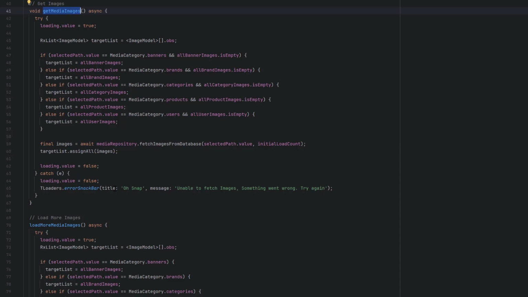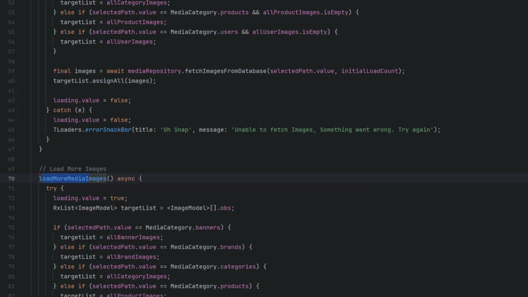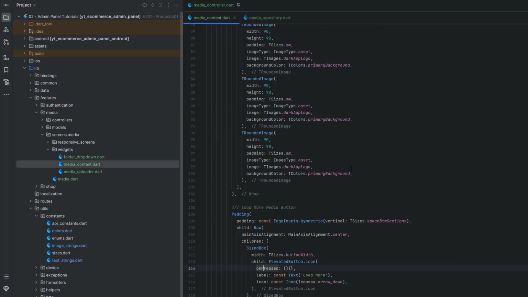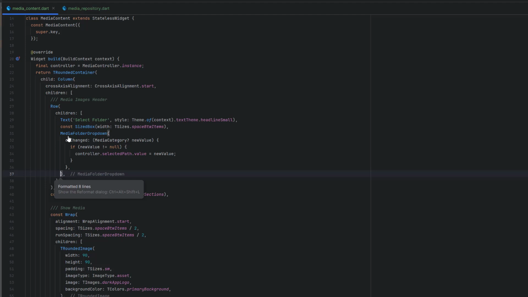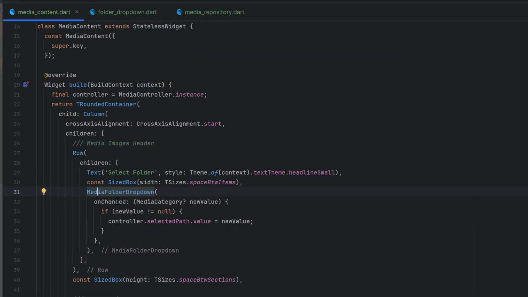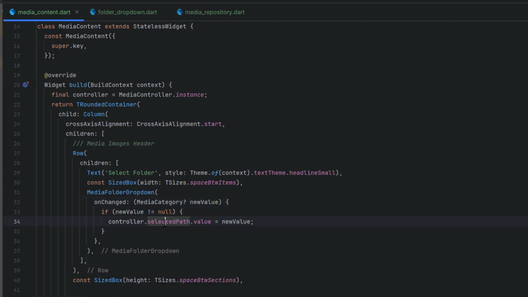We just have to call the get media images, and on the load more button we have to call the load more media images function. For that we have to go to the features, media, screens, and in the widgets we have media content. Over here you see we have already designed all these things, and inside our media folder drop down, which we created in the previous design tutorial, this is the drop down that we are using. Its on change is already called. We receive the new media category whenever the drop down is changed, and if that is not null,